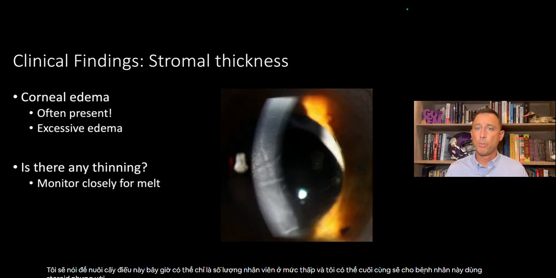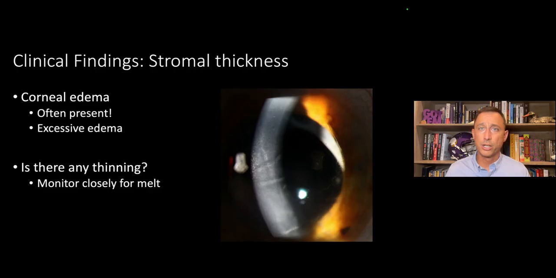And then we look at stromal thickness as well. We're later going to talk a little bit about herpetic conditions. If I see excessive edema, more often than not, I'm thinking that is likely herpetic. Excessive edema, herpetic, less edema, infectious. Why? Because if it's infectious, typically that patient's in your clinic very quickly. There's not enough time for that thickness, that epithelial component, to become present. Whereas herpetic conditions, they fester a little bit longer, and you typically see a lot more edema. So excessive edema differential, you're thinking herpetic, less edema, you're thinking more of an